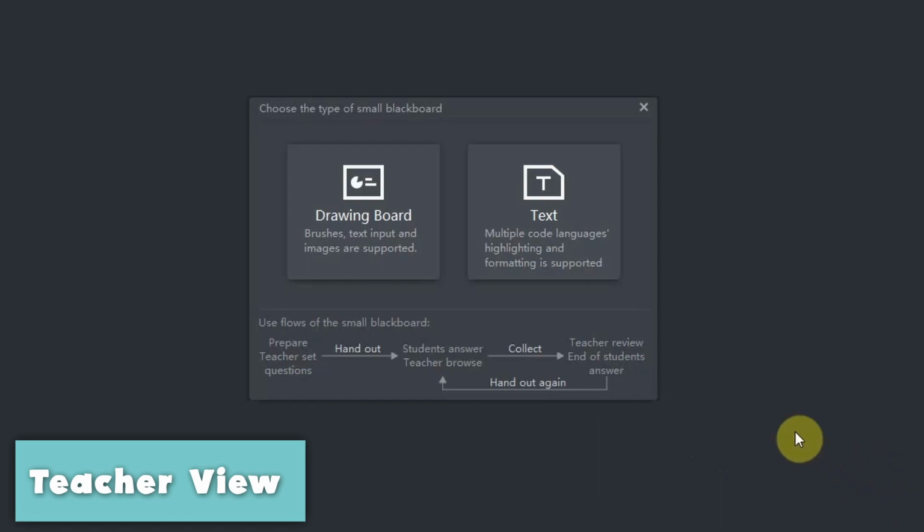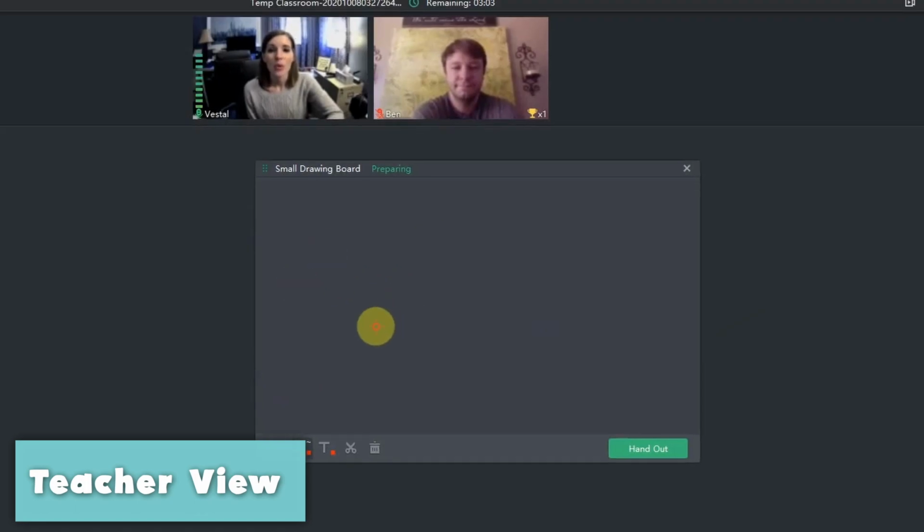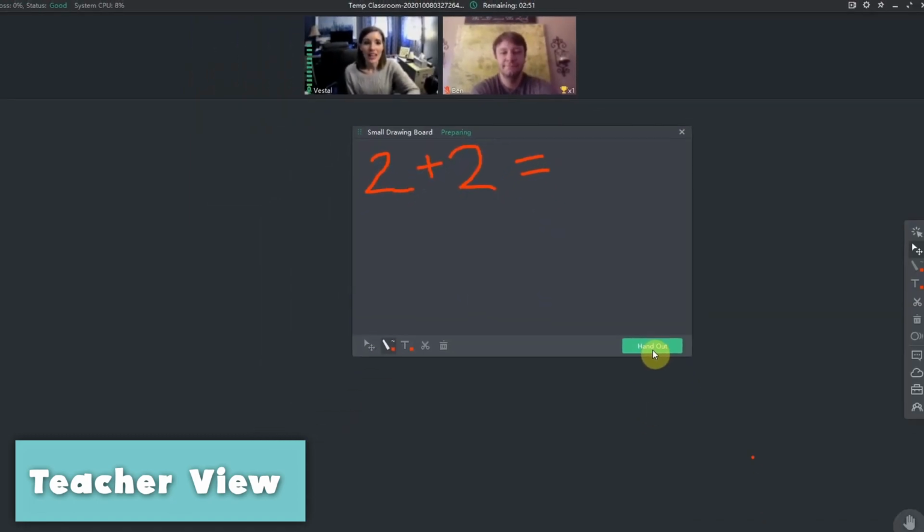And this is something that your students can interact on. You can pick the drawing board or you can pick the text board. I'm gonna show you the drawing one for this example. So you'll see that it pulled up a small drawing board and I can write or type on this. So let's just do something simple. I'm gonna write 2 + 2 =, and then when I click handout, it's going to assign it to the